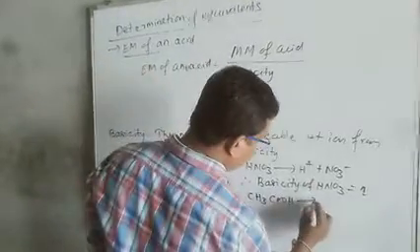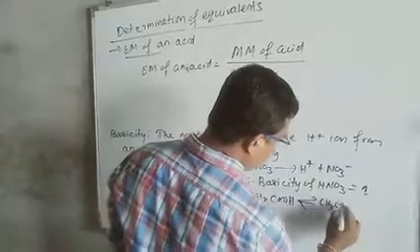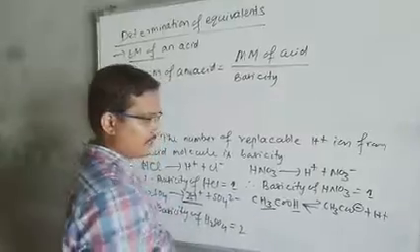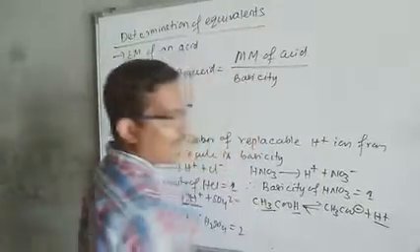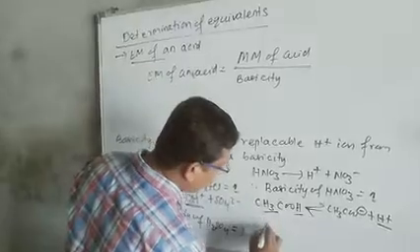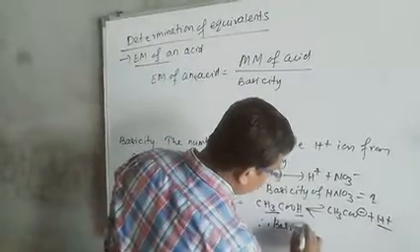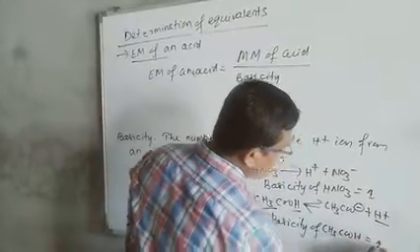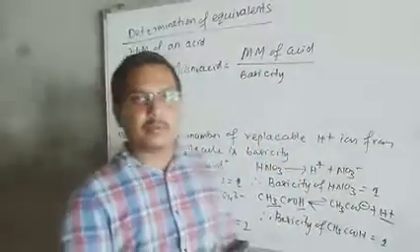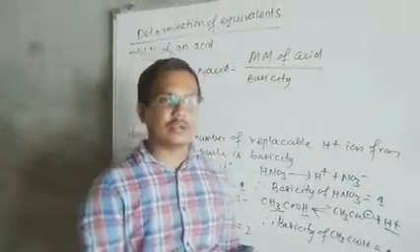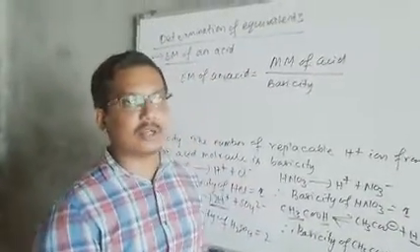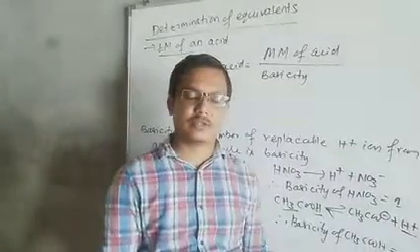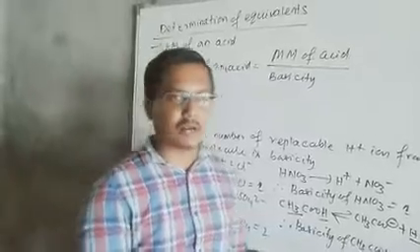Similarly, take another example, acetic acid CH3COOH. When it undergoes dissociation, it gives CH3COO minus and H plus. Remember, there are 4 hydrogens present, but only one replaceable hydrogen is possible. Therefore, the basicity of acetic acid is 1. The molecule may have 1, 2 or any number of hydrogens; that is not important for the calculation of basicity. How many replaceable H plus ions are produced is what is very important.